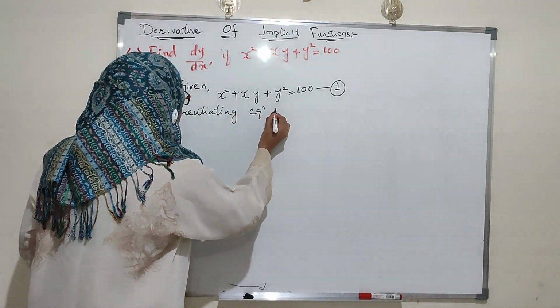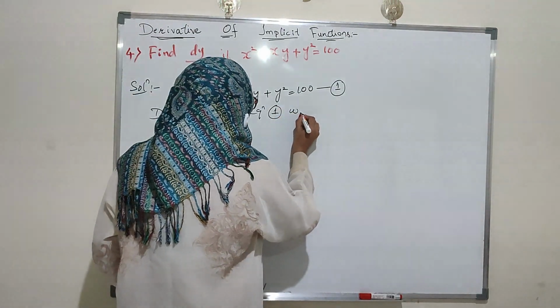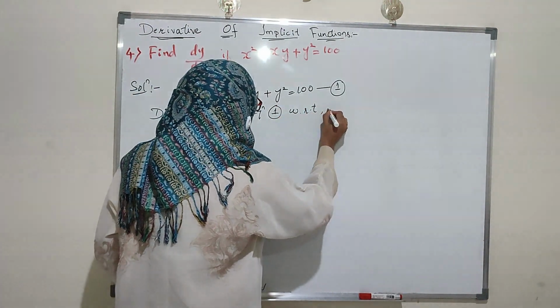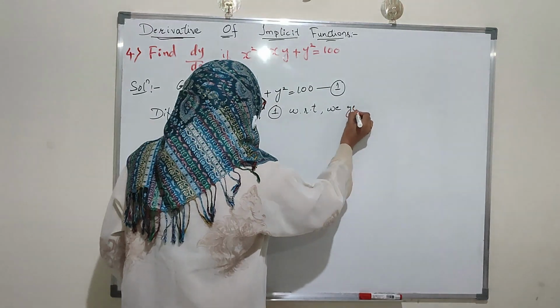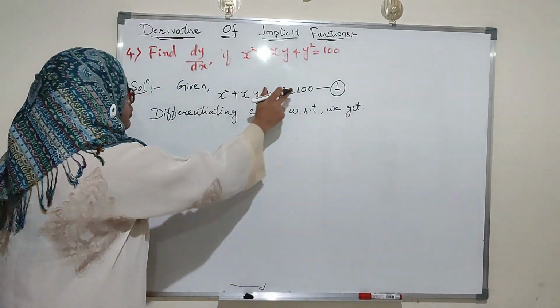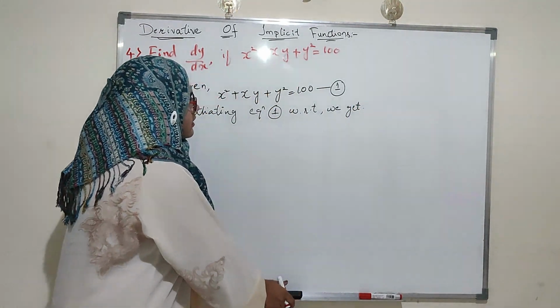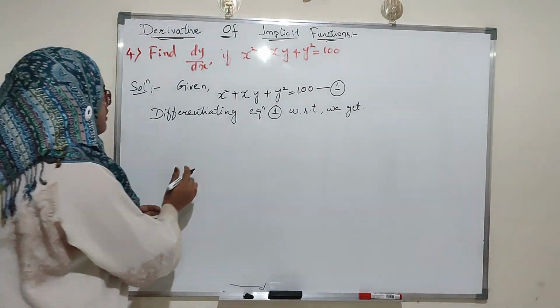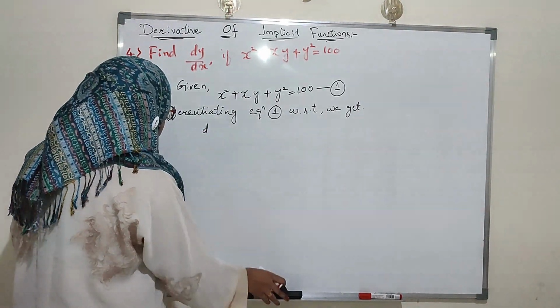Differentiate the whole equation with respect to x, then we will get dy by dx. First write here